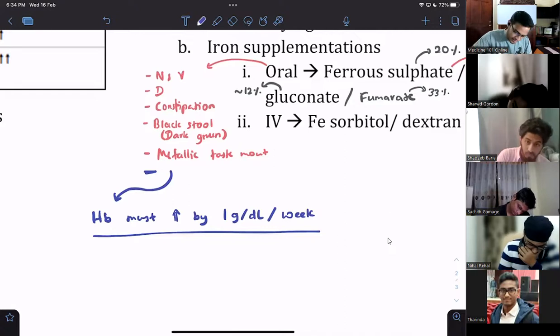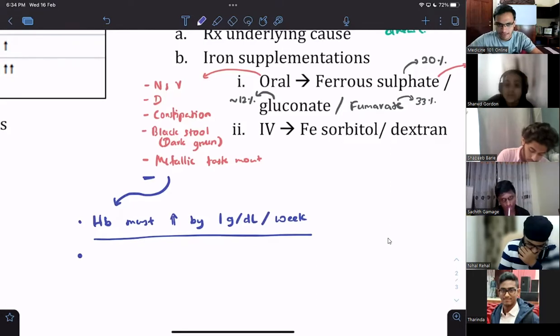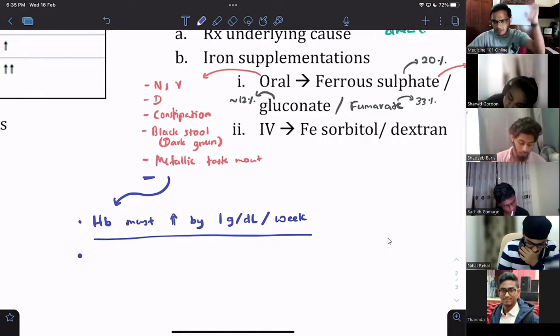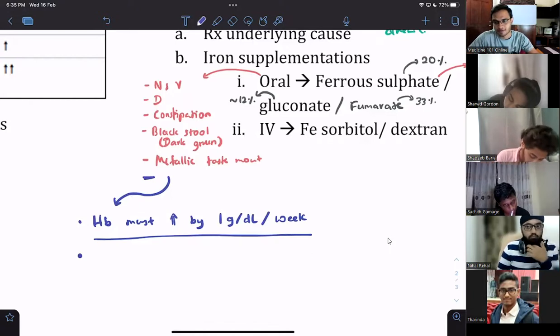Right, then the next thing. Now we are giving oral iron. Now, let's say the patient reaches normal hemoglobin levels, somewhere from 12 to around 15 grams per deciliter. Hemoglobin is normal. You do the blood sample, hemoglobin is normal. Do we stop iron there? Yes or no? Why?